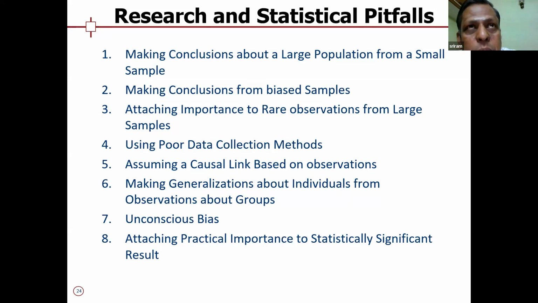The other way also, sometimes it is very clearly clinically significant, but you may not get statistical significance. Why? Because of a smaller sample size. Suppose I have only 5 samples. I have to do some genetic study, and very clearly this gene has an impact. I have only 5 samples because the test is very costly. For each test, I have to spend 1 lakh or something like that. So even though it is clinically significant, you may not get statistical significance because of the small sample. That is also very important. You have to put it in the limitations of the study when you give your conclusions.